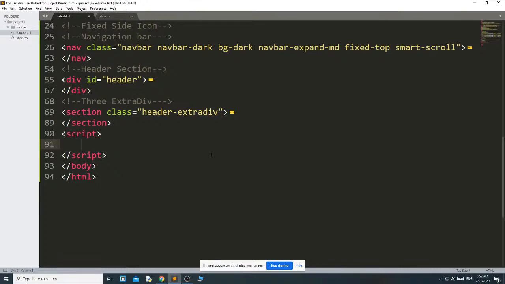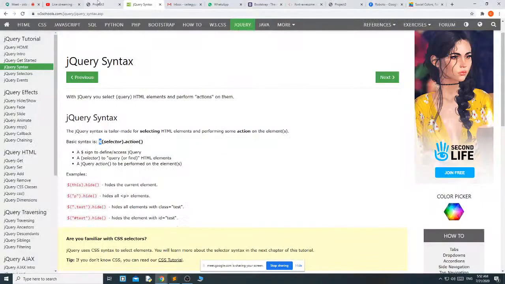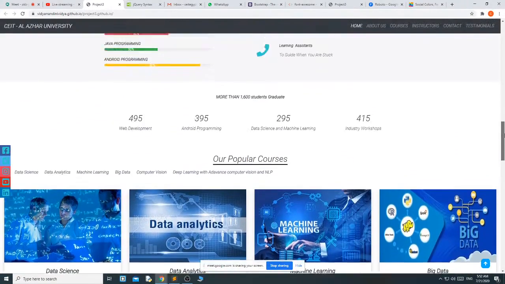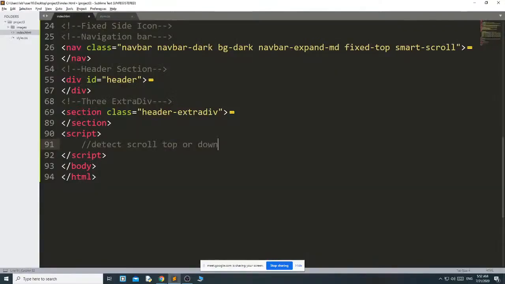First, we need to detect scroll top or down, because what we want is, when scrolling down hide, when scrolling up unhide. Then how can I detect the scroll top and down?